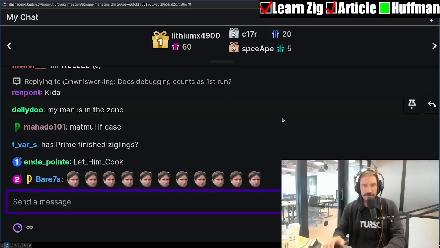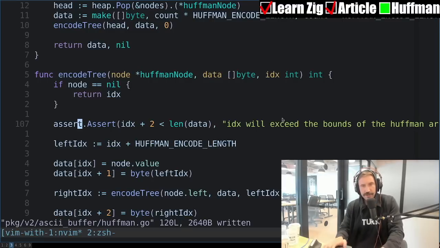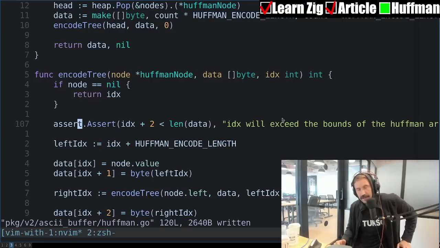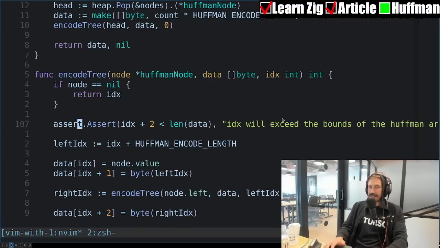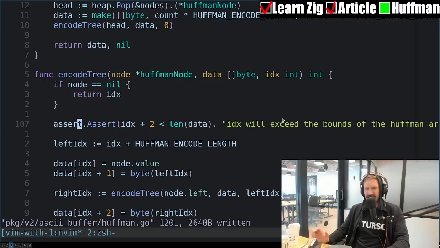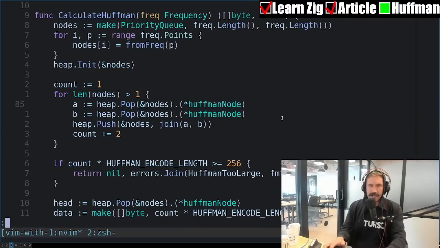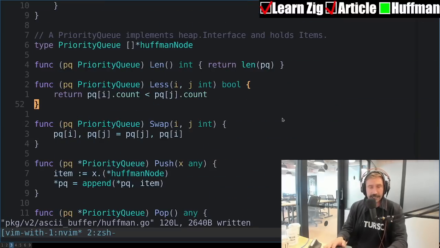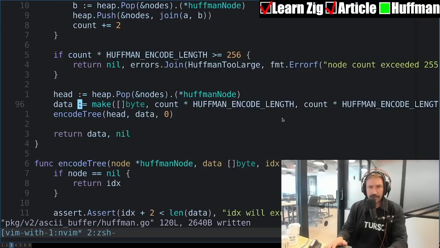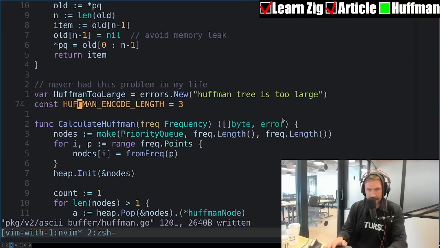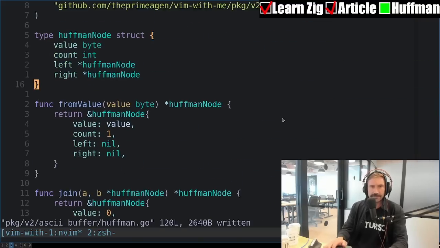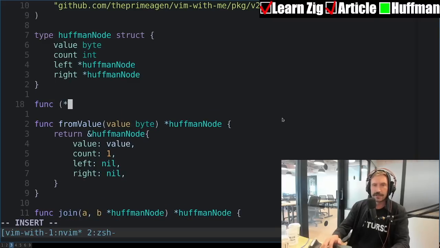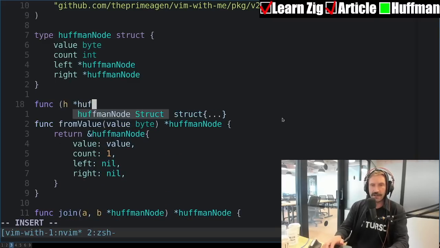There we go. Finish signalings. We're getting close. All right, so we got this. Do a little negative space programming just to assert, so it's not just some random index out of bounds, but instead it's like, hey, you've exceeded the size, right? Which is kind of nice to do. Everything else looks really good. I think I got this, and I want to have a little bit of a debug. Let's go like this. Func Huffman node.